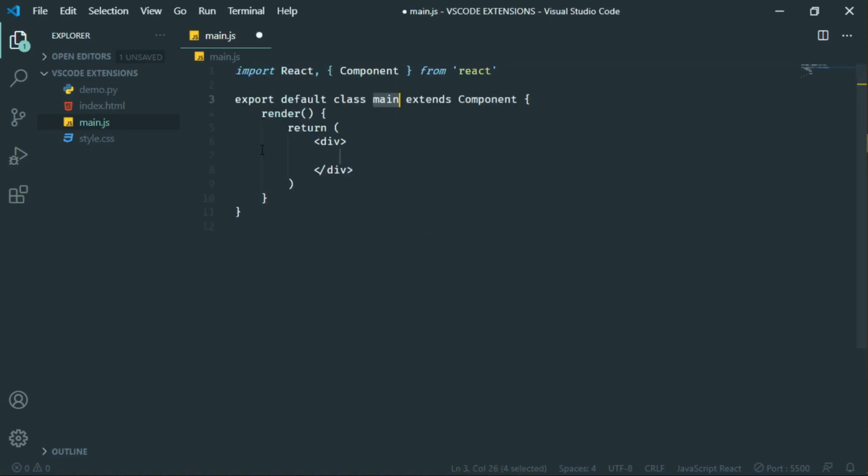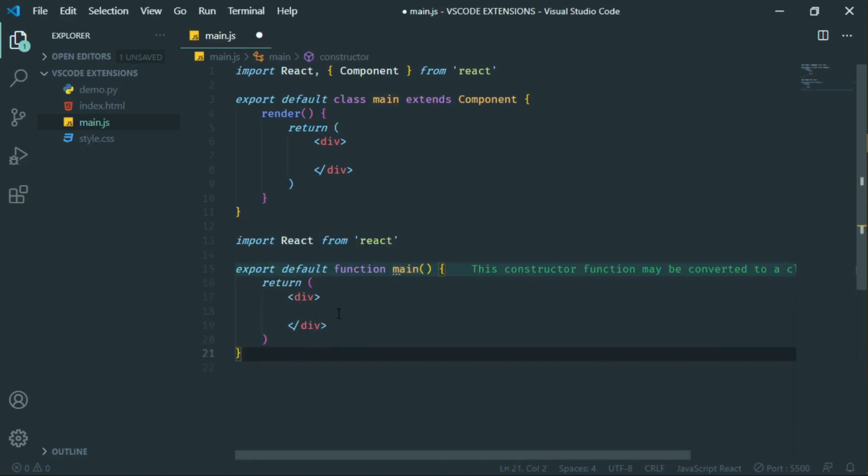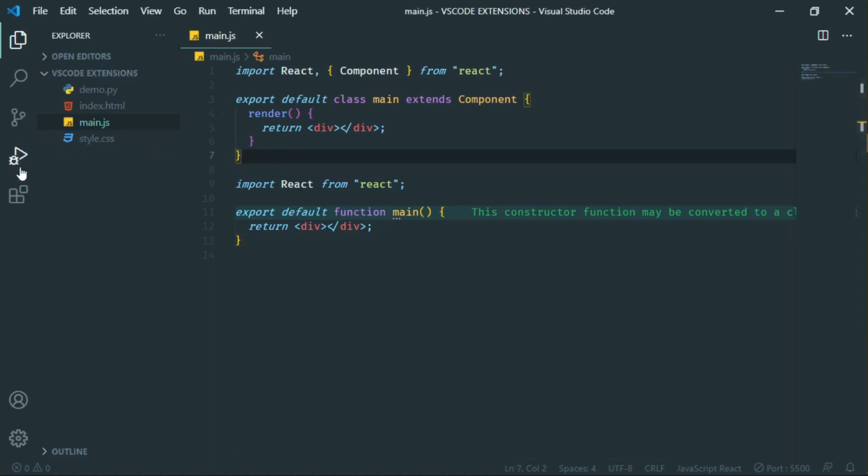Just type RCC and press enter, it will give the class based component for us. If we want to create a function based component, just type RFC and press enter. It is a handy tool to work with React and Redux, especially for front-end developers.